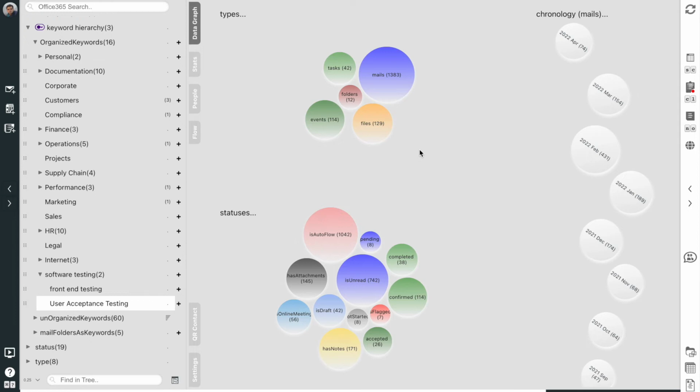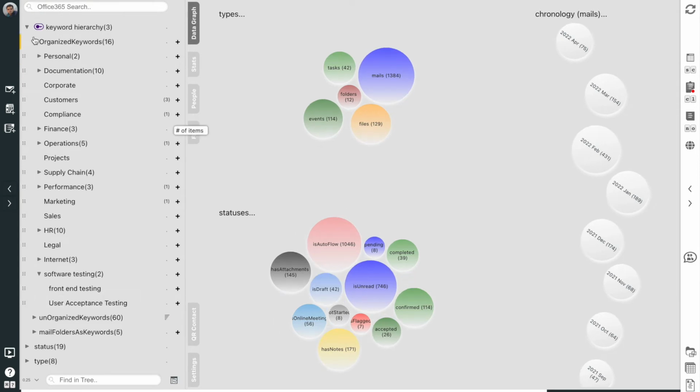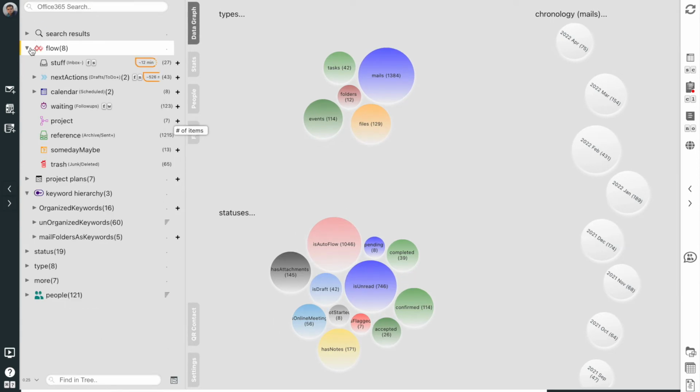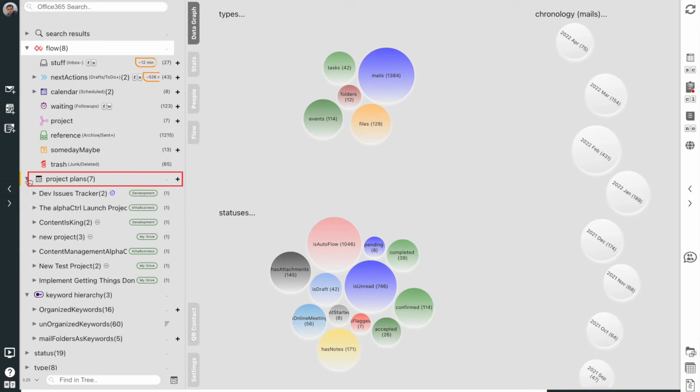There are, however, shared organization structures in each organization and each team. If you are a manager, there is probably a common drive right now with a shared folder structure where you and your team dump important files and mails all the time. In Alpha Control, you can create a shared project with your teammates to manage your project emails, tasks, files, and events.